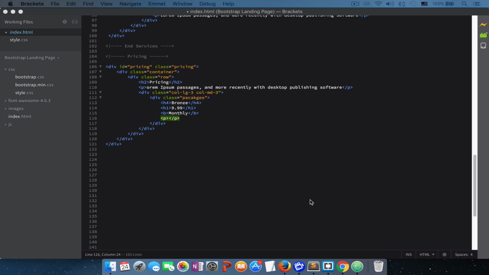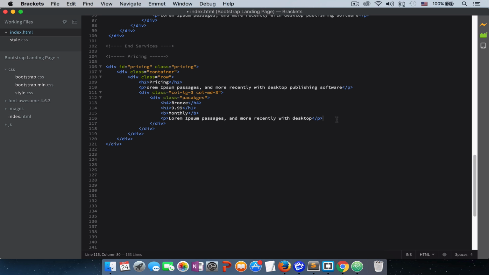then a p tag. So I have a dummy text, and I'll paste it here, and I'll just put a line, and then I'll list all the description of our package, what our package contains. So I'll put them in a list, say 100 users, then give this SSL certificate, just give online support,